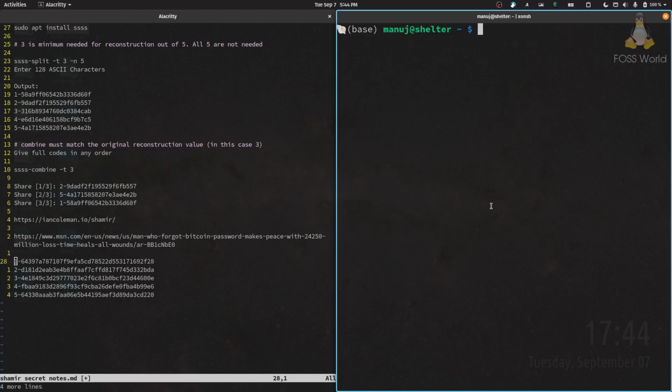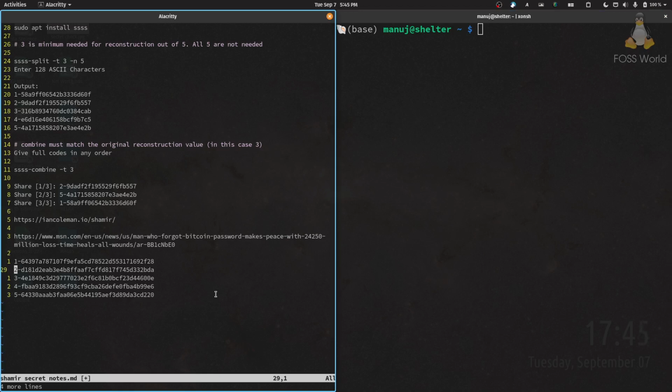Now let's say you forgot your password and now you need to reconstruct it. And let's say two of your friends, any two, say friend number 2 and friend number 5, are missing in action. You are not able to trace them, or they themselves have forgotten or misplaced the key which you gave them. So what you need to do is issue this command